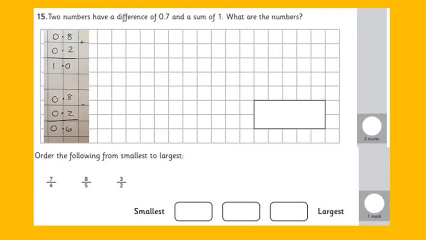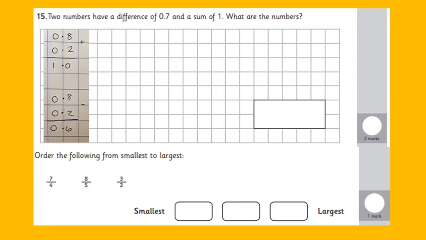What's interesting about this question is it's not as straightforward as what you would believe. So two numbers have a difference of 0.7 and a sum of 1. What are the numbers? So the first thing to do here is to actually understand what the vocabulary is saying to us. That word difference means if you subtracted the two numbers from each other, you would have 0.7